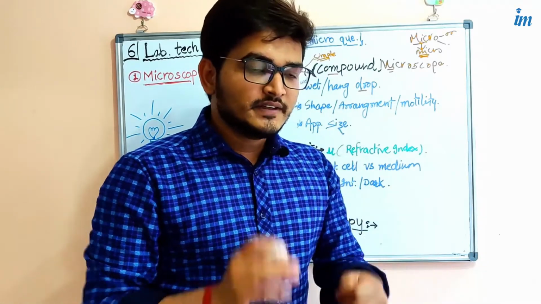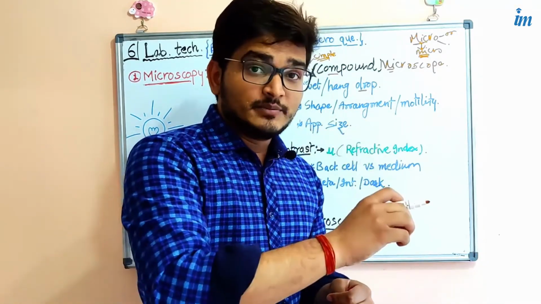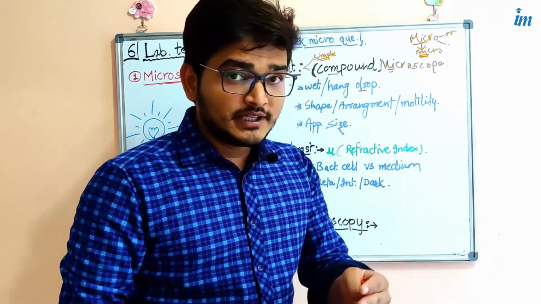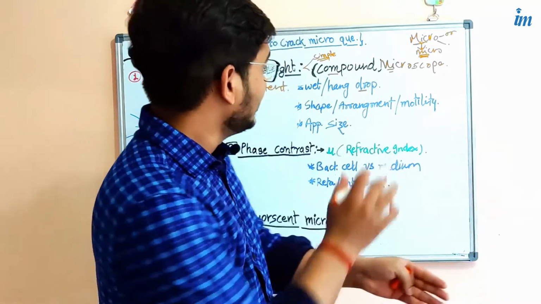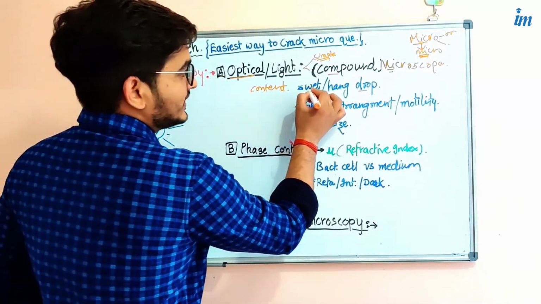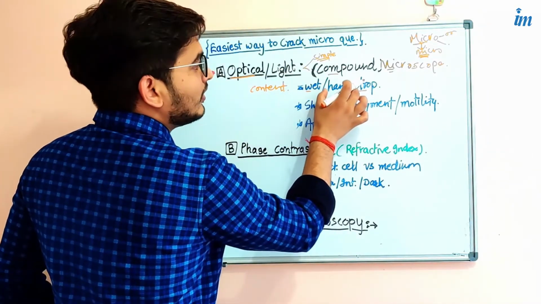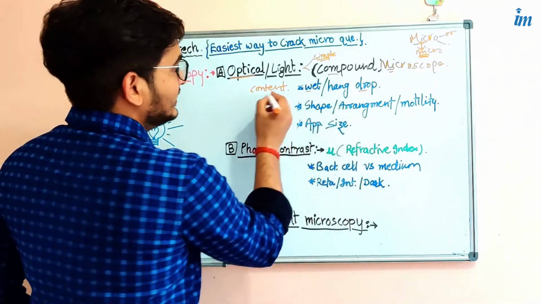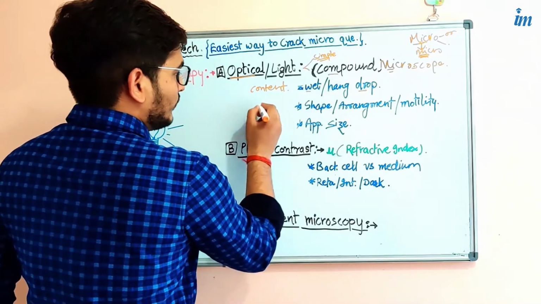Remember Gram staining, there you use a dye, and also the culture, which in future I will tell you there will be the culture medium, solidifying agents, all these things. That's why it's important. Wet means there is water molecule, or hanging means it is condensed form. It may be semi-solid, it may be liquid form. So that is the content.